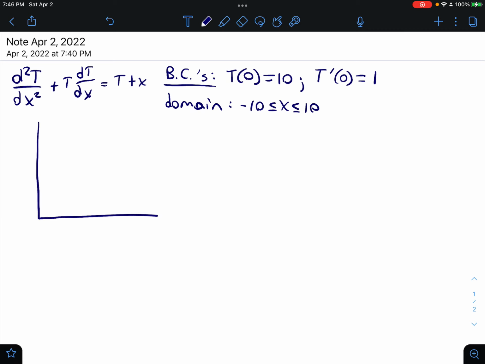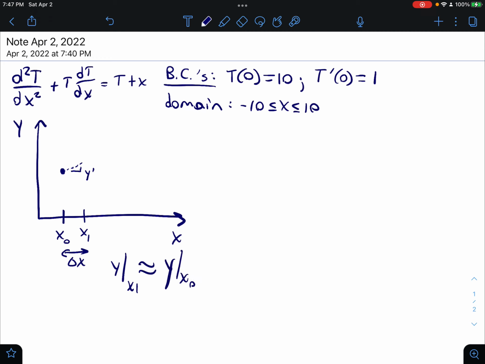Let me start by saying, if I wanted to calculate y as a function of x, and I'm not talking specifically about this problem, I know we're trying to solve T as a function of x, but any y as a function of x. Let's imagine that at some value of x, I knew the value of y, and I also knew the value of y prime. This is a slope, y prime. You can use that information to extrapolate where y is going to be close to this value. Let's call this x0, and let's call this x1, and the distance between x0 and x1 is delta x. So y at x1 should be approximately equal to y at x0 plus y prime, the slope of the curve at